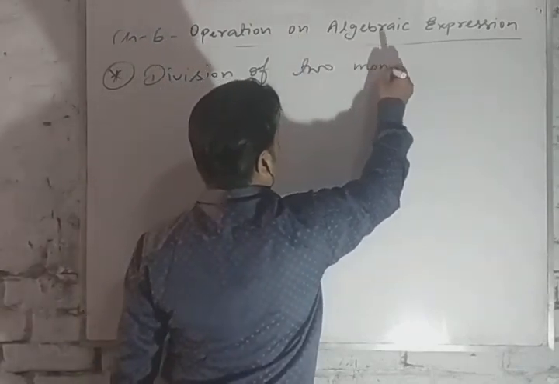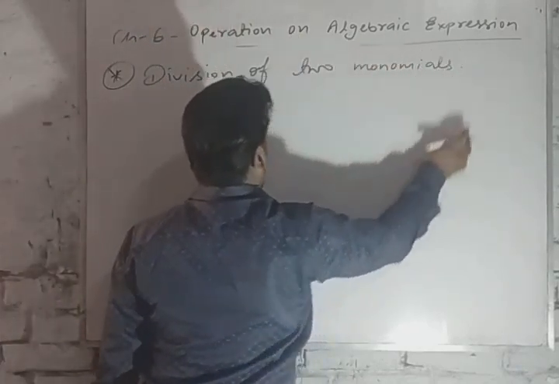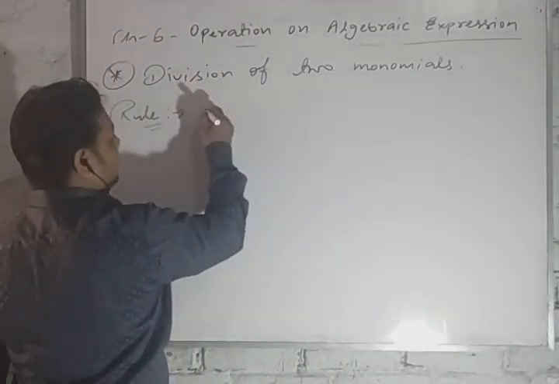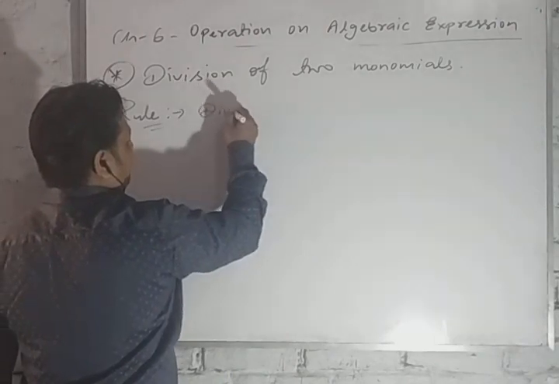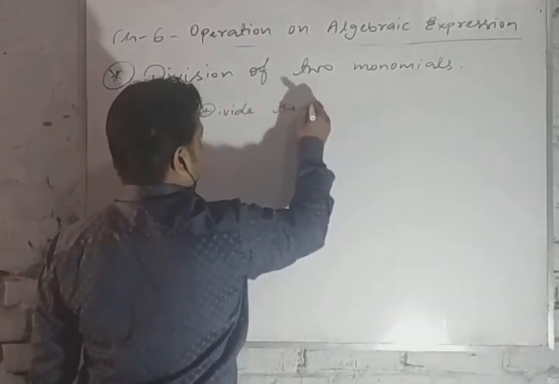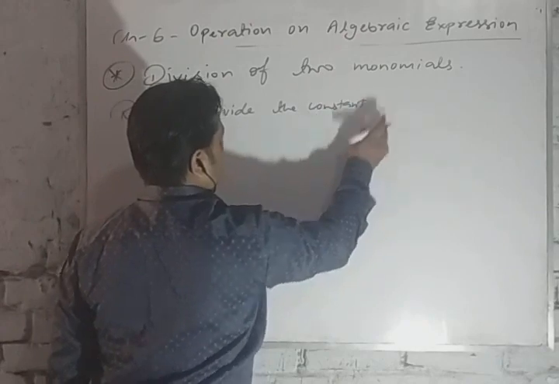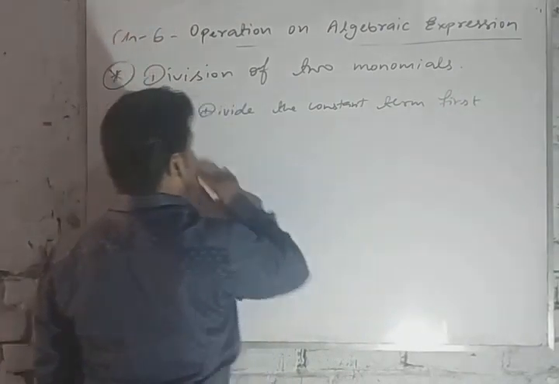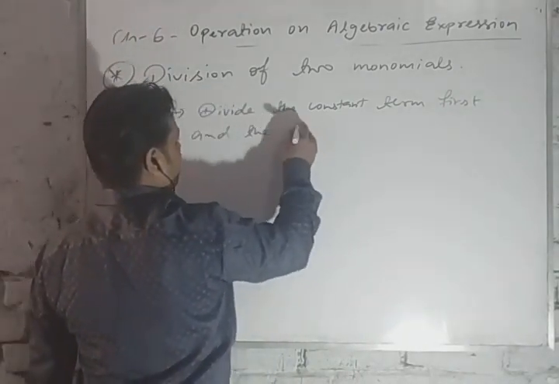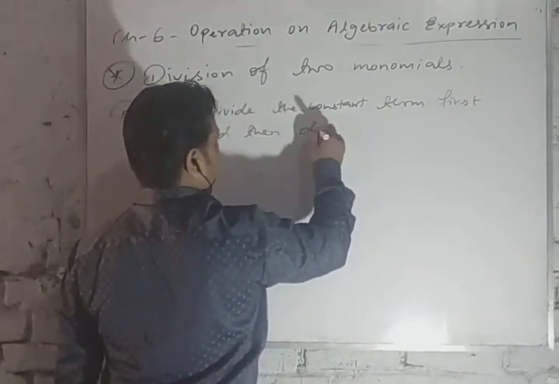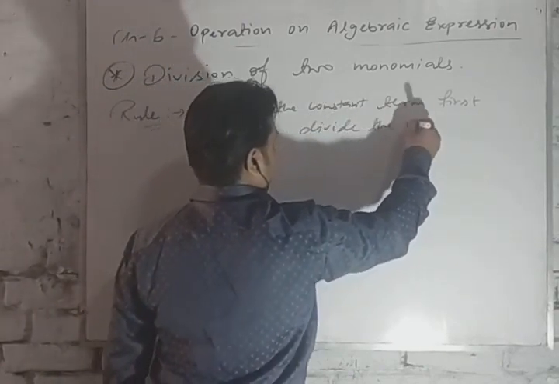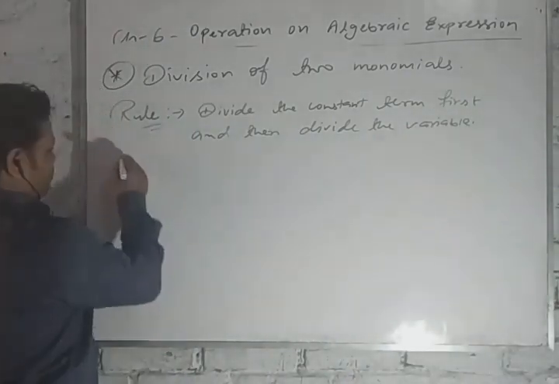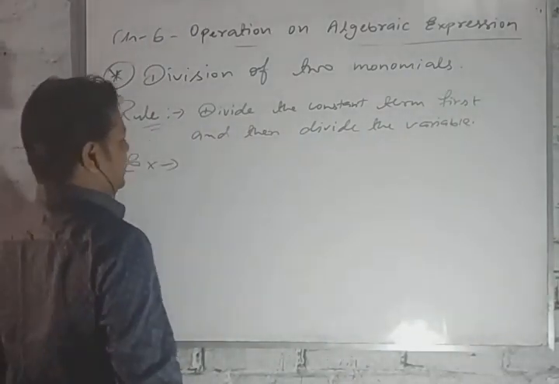Okay, the rule is: directly divide the constant term first and then divide the variable. If the question is that